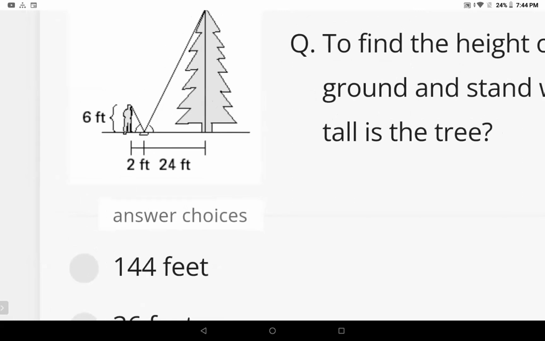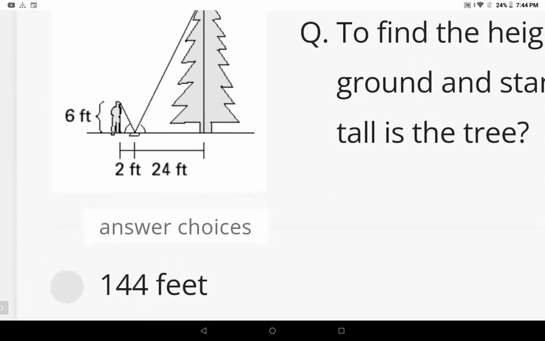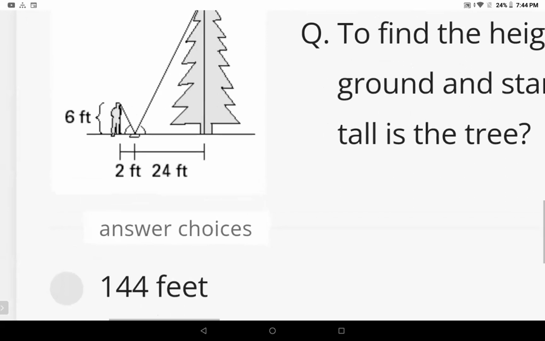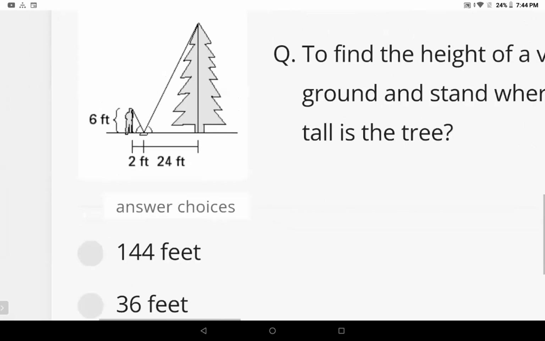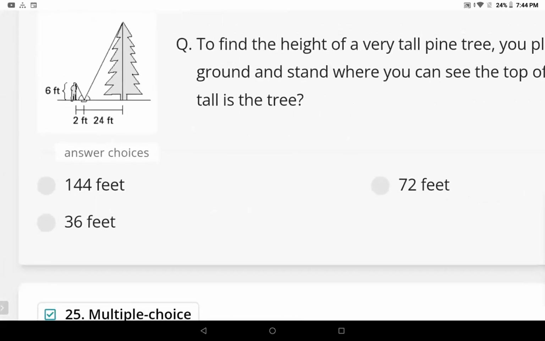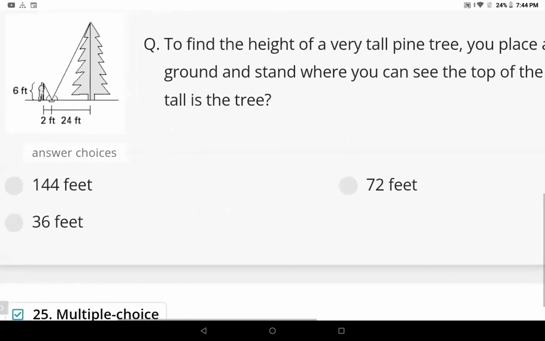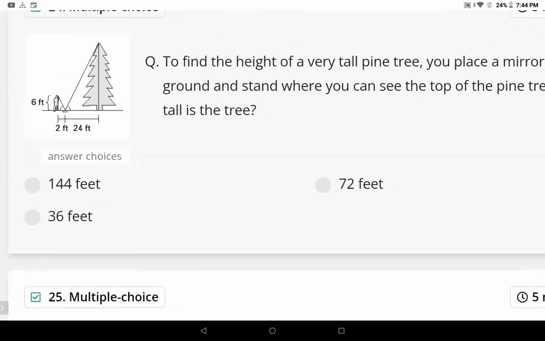So it will become 6 into 24 by 2. Yes. So here the pine tree height, 24 feet is given. That means 2 raised 3 times makes 6 feet. In the same ratio you can increase: 24 multiplied by 3 is? What is 24 multiplied by 3? 72. So the height of the pine tree is 72. We can even do it like this, ma'am: 6 into 24 by 2.